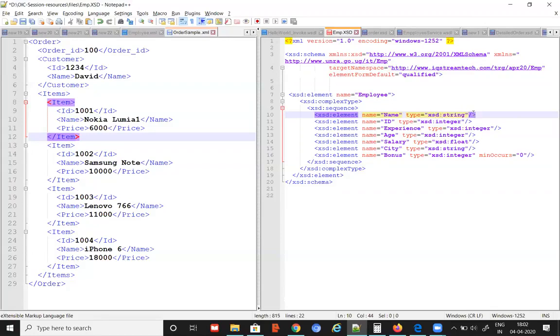Why only xsd here? Because I'm referring to this target namespace using xsd. If I make it x1 here, then you have to make every xsd as x1, x1, x1, x1. That's how you are going to refer to elements of an existing target namespace or existing XSD using the xmlns property.